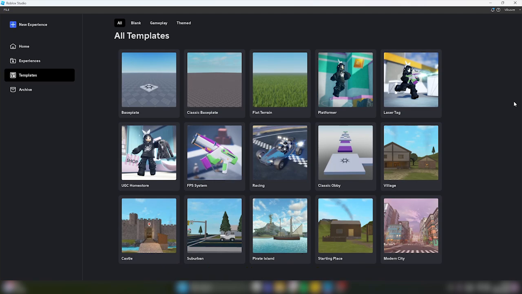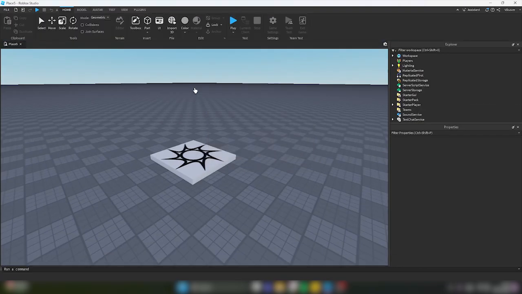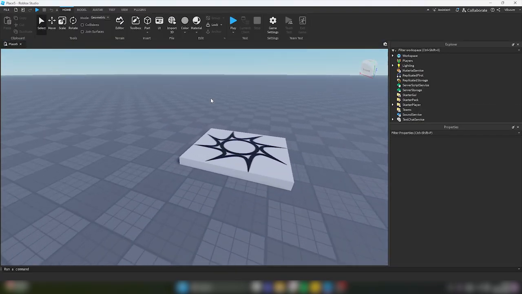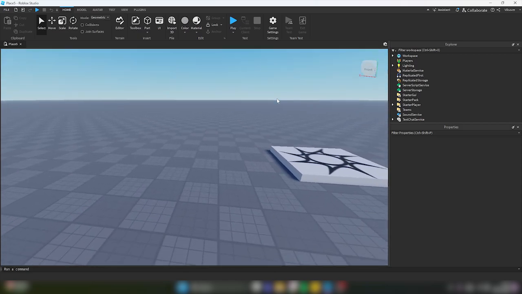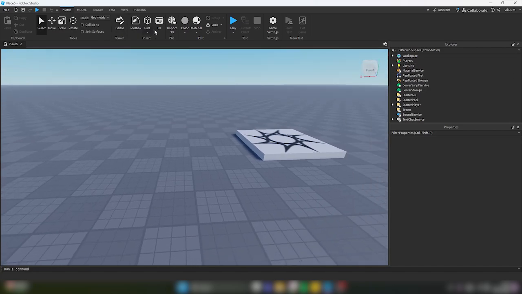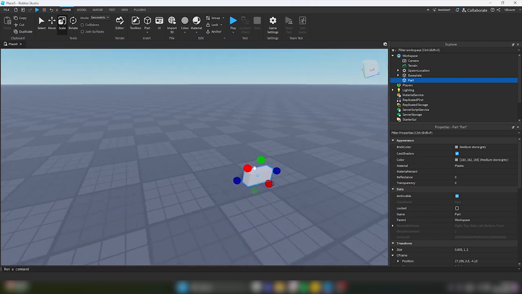Within Roblox Studio, choose one of the templates or one of your experiences. You can find your experiences here and the templates are over here. I'm just choosing the basic base plate. Now I'll show you how to make your trail first, and then we'll make a script that connects that trail to the players. So just choose a part, scale it a bit,